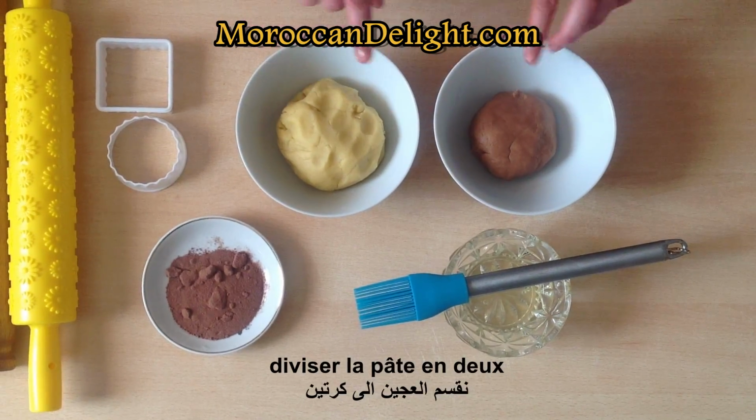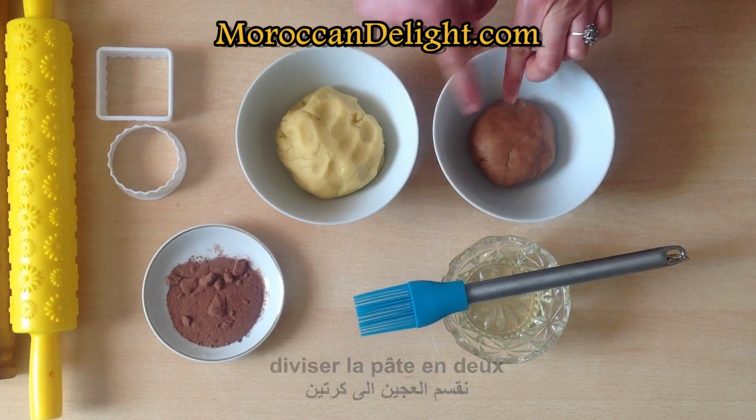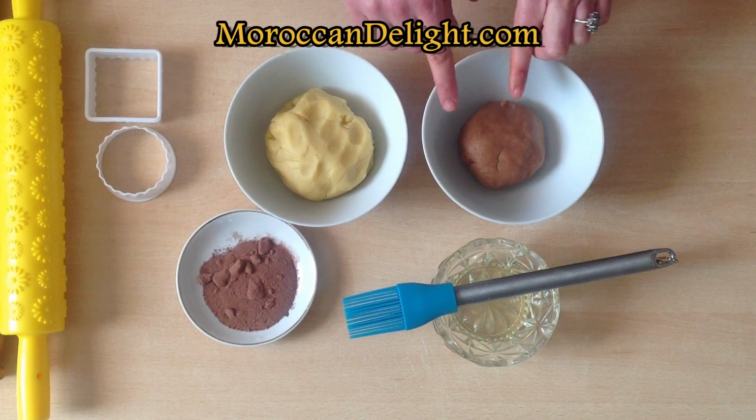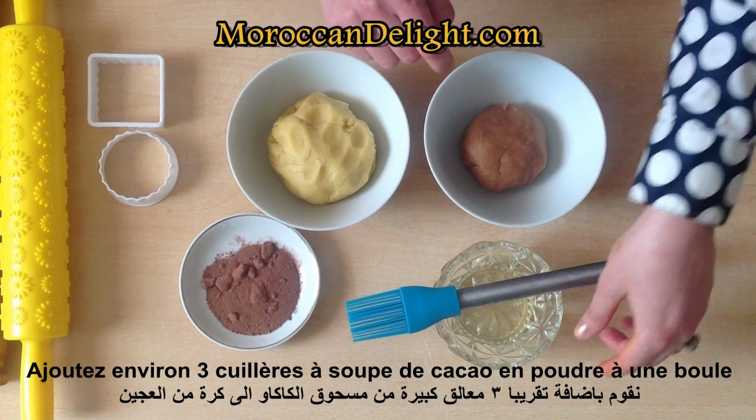Now I split the dough into 2 separate parts. I've colored one with some cocoa powder. You can use about 3 tablespoons until you get it brown. And also I've got here some